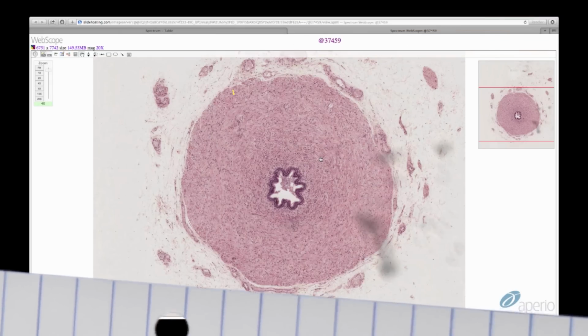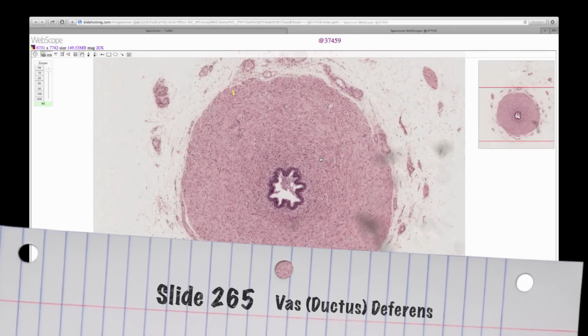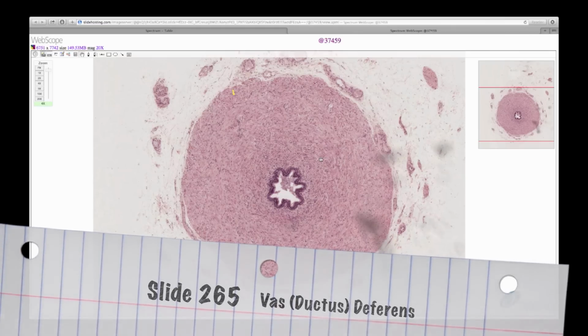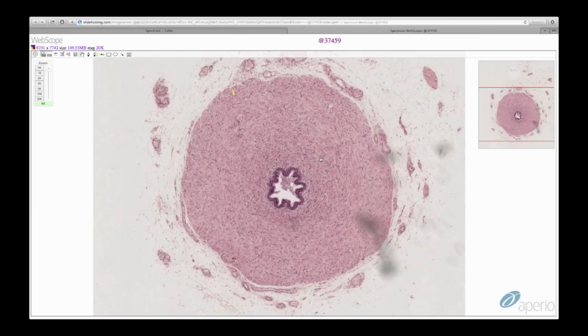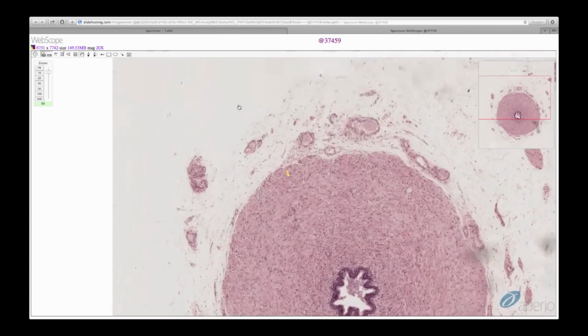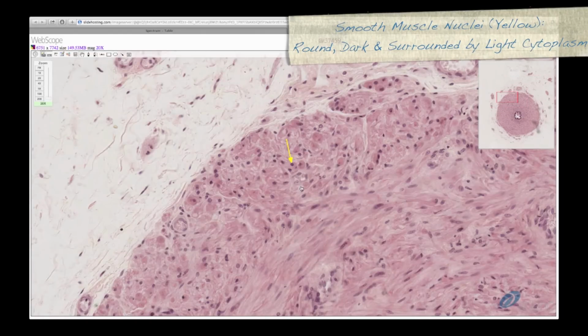We are now looking at slide 265, which is a section of the vas deferens. The vas deferens contains 3 layers of smooth muscle, including the inner longitudinal layer, the middle circular layer, and the outer longitudinal layer. As I zoom in on a cross-section of smooth muscle, I would like to point out that